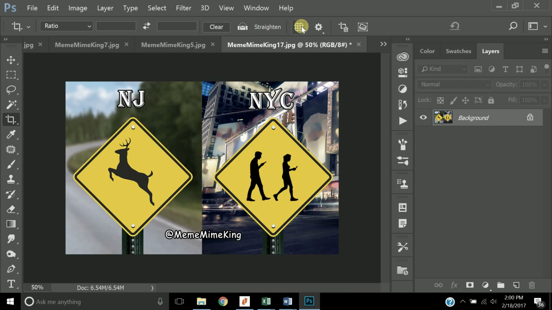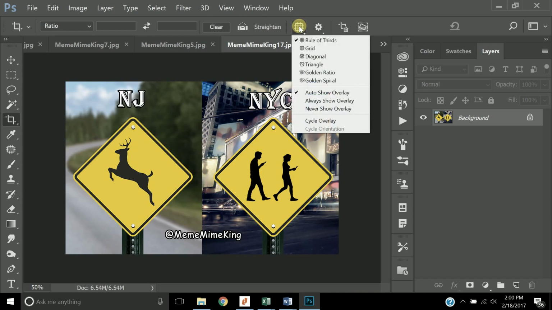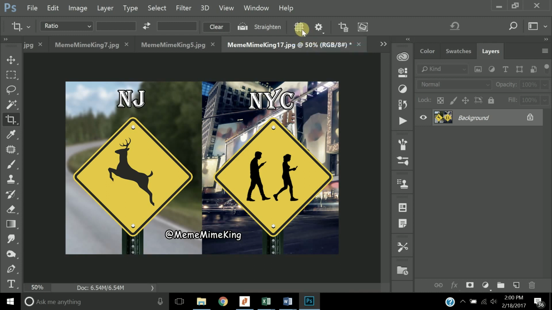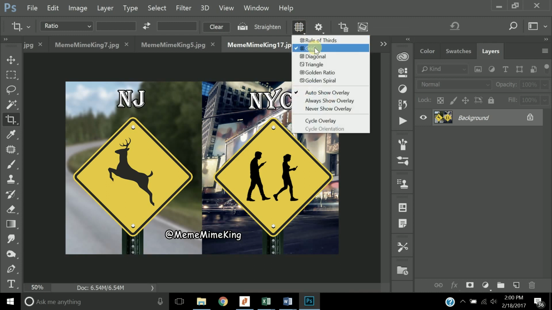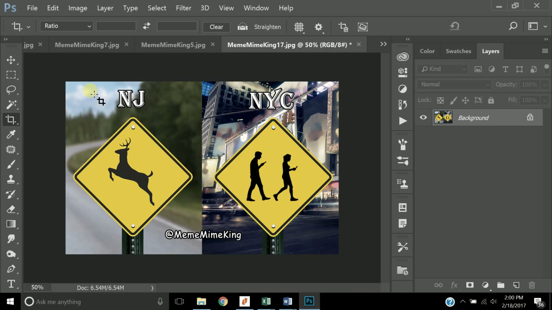What is this showing us here? It's a little grid. It looks like a little checker chess thing. Again, Photoshop can be very intimidating sometimes, because if you open this up and you have no idea what the hell this is, then you will be like, whoa, grids, diagonals, triangles, this is way too crazy. But it's actually very simple. All this is telling you is what it'll show inside the grid when you go to crop. So again, if I go to crop something,